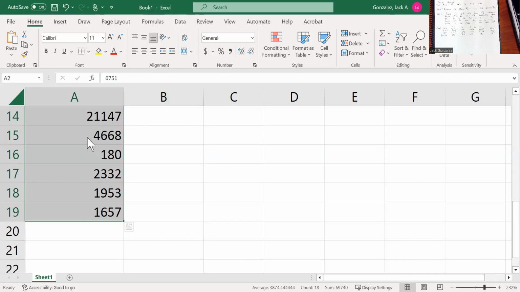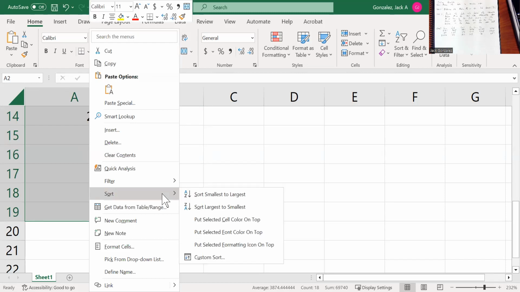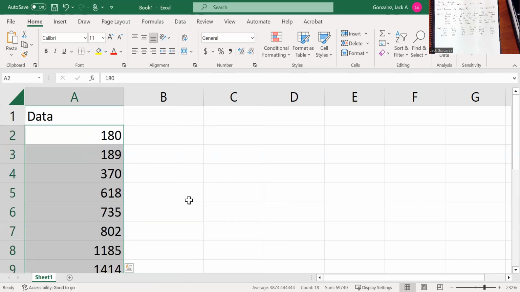Okay, if you right click, there should be a sort button. Smallest to largest or largest to smallest. Ascending would be step 1. Smallest to largest. I think it's really annoying trying to put them in order by hand. So just right click and sort. Once you have them,